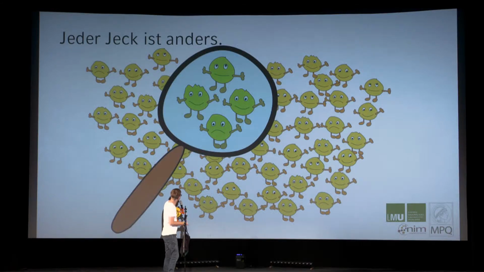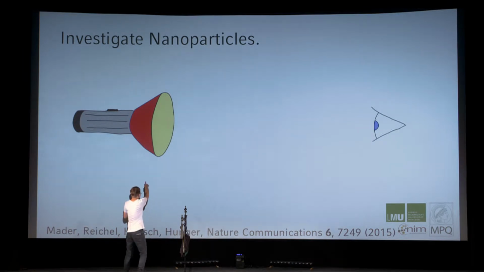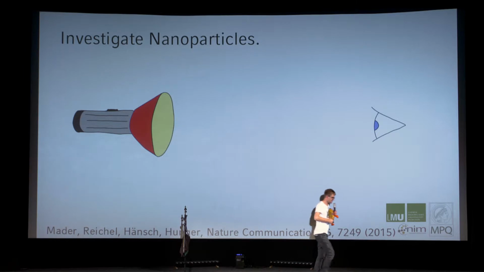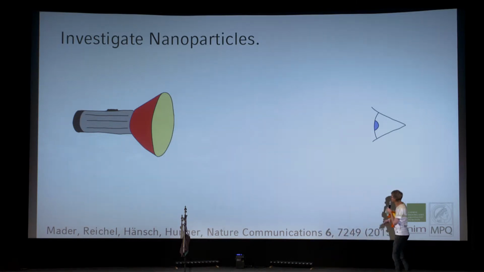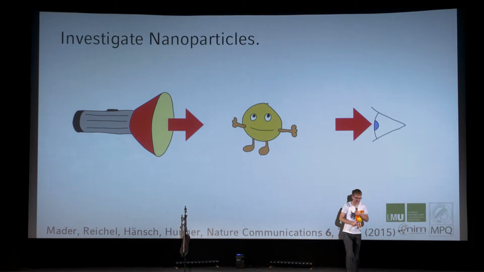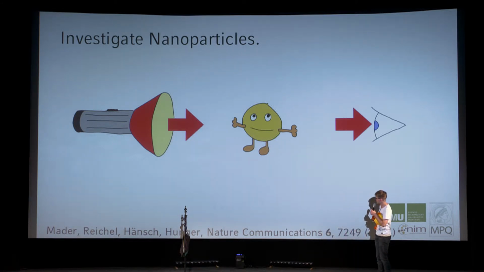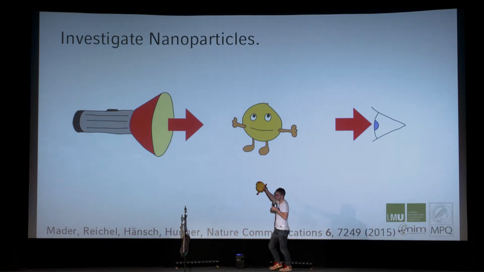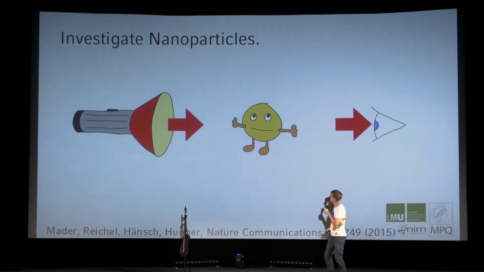That's what we did. We took a laser. We took a detector. We take a nanoparticle, shine in light, and then nothing happens, because even the best laser focus is quite big. Imagine the best laser focus is half the screen, yes? And you take the nanoparticle, and you see it doesn't get really darker. So it's not really dark.